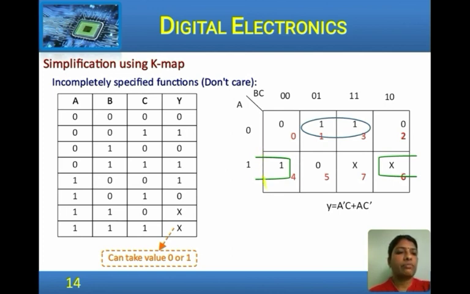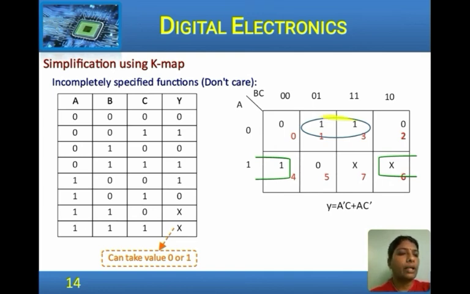So, now since we have 3 variables, the number of cells is 2 power 3, that is 8. So, first draw a K map for 8, represent the input variables A, B, C, the different combinations, and fill the cells with a value of 1 and 0 as mentioned in the truth table, and put an X for the 2 do not care states. Now, when grouping the cells to form a group, the X's can be considered as 1 or 0. If they form a group with a 1 that is present, take the value as 1. If it is not necessary, take the value of 0.